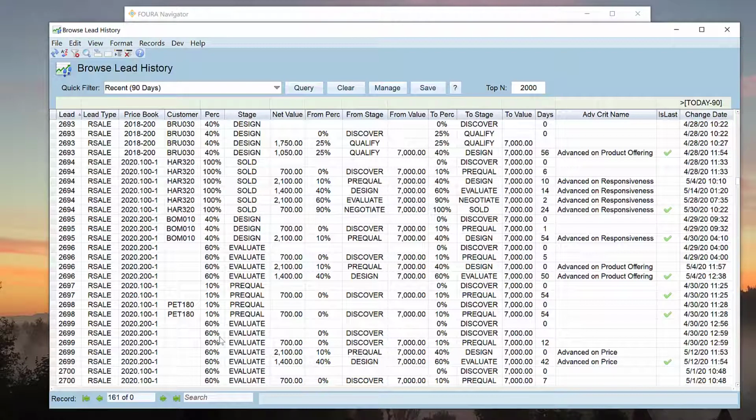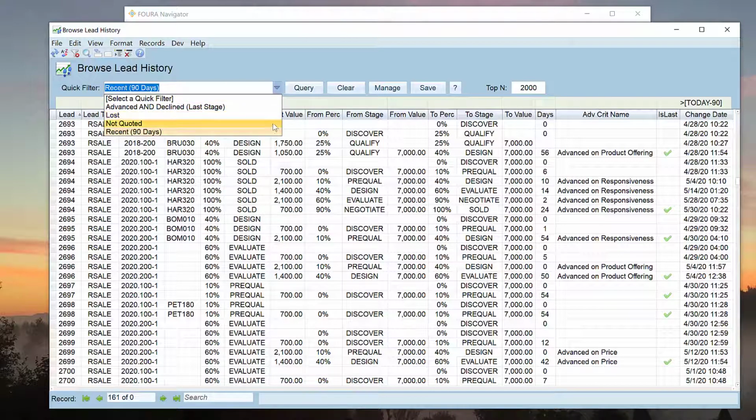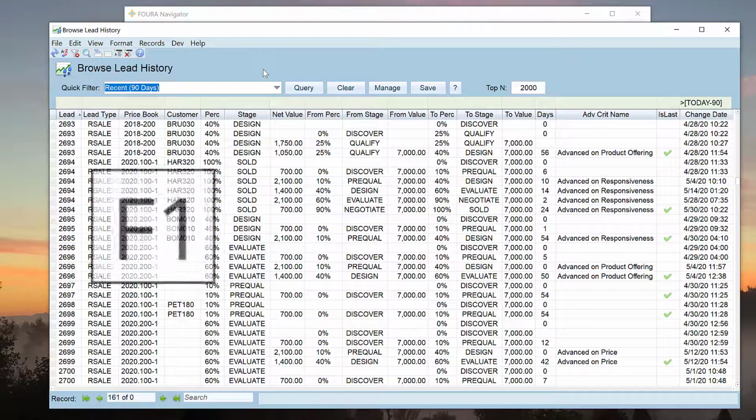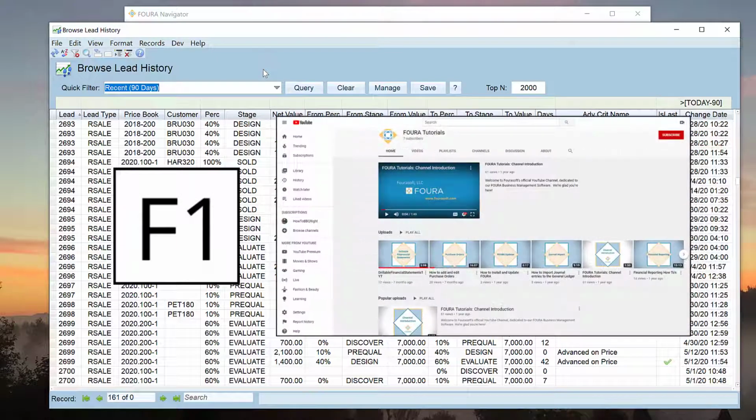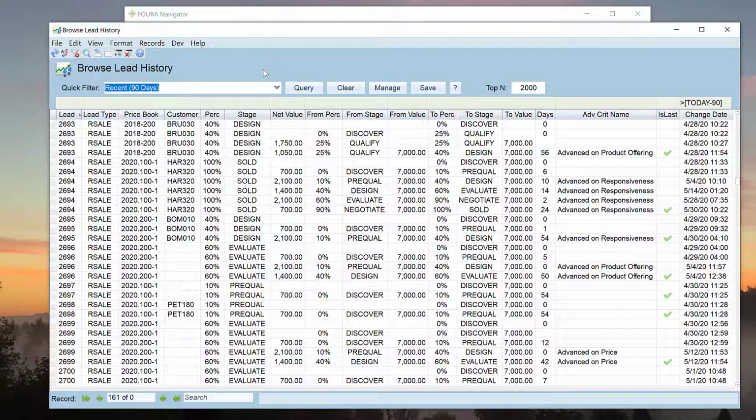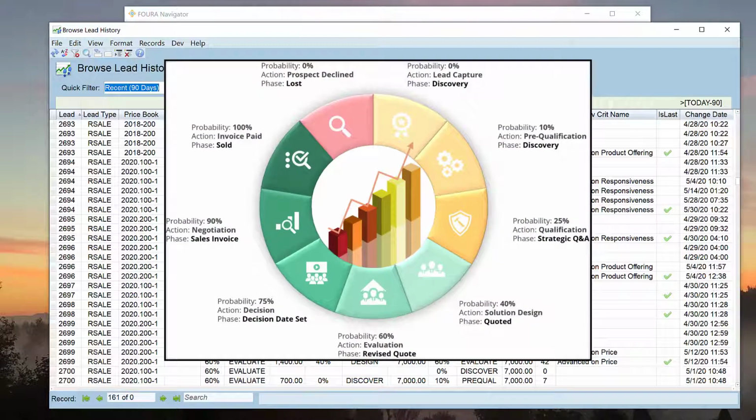The Browse Lead History form operates just like any other browse form in FOURA. Columns can be made visible and customized through the column chooser. Filter syntax and the use of quick filters can help you find the exact data that you're looking for. If you need more information on these, please see FOURA's help files by pressing F1 or visiting FOURASoft YouTube channel and view additional tutorials. For the sake of this video, we'll assume that you already understand the structure and requirements